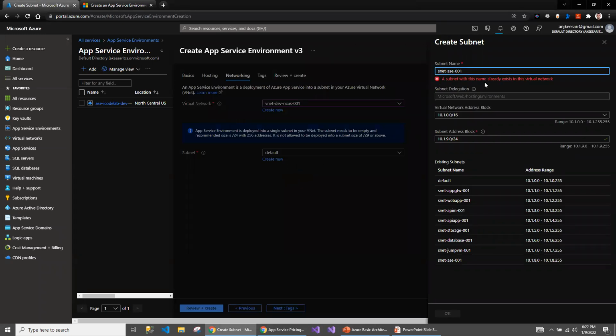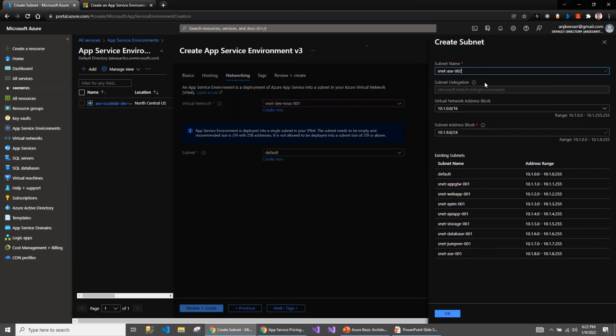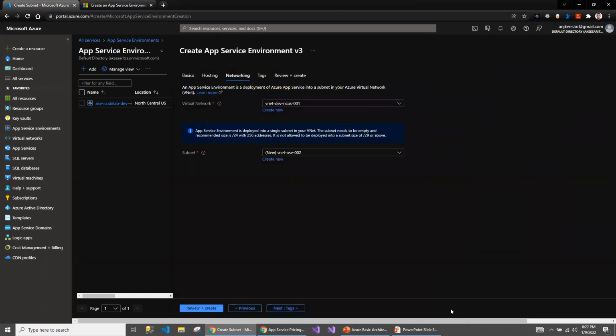So I already have the app service environment for the first one, so I'm going to use the second one in a sequence so that I can create the resource. So this is the existing virtual network address space, and this is the address I'm going to block. So let me select the subnet and then create the tagging.